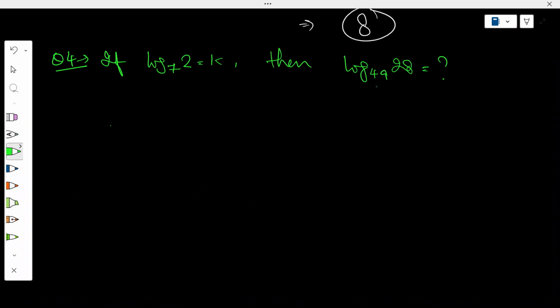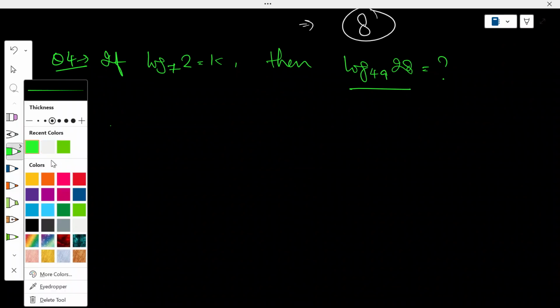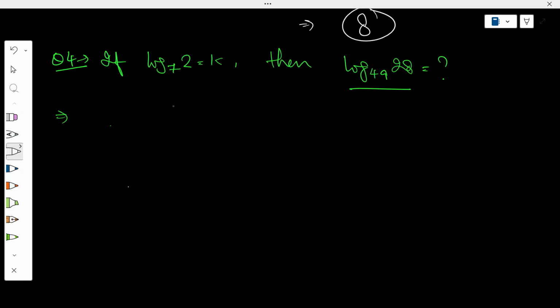And basically we have to express this in terms of k. So if we want to express this in terms of k, you will get the idea that we have to simplify basically this and somehow express this in terms of this, in terms of k,